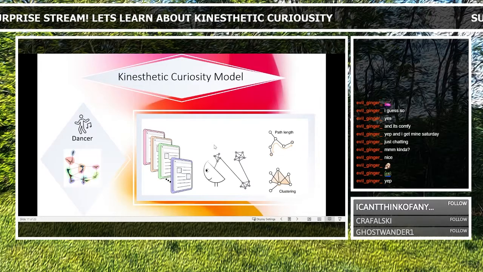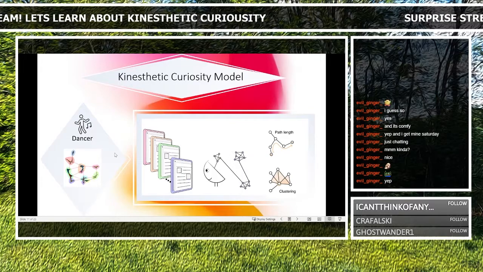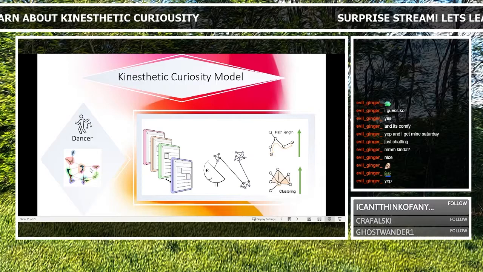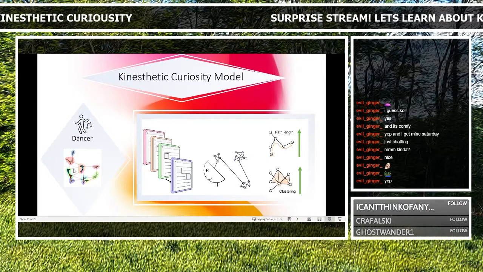The last one we have is the dancer, who leaps from topic to topic, but stays within an interlocking of information. So the path lengths are up and the clustering is also up. This is kind of a neat thing because it's in between the busybody and the hunter. So you have these networks that are so closely related to each other, but they still have clusters of information